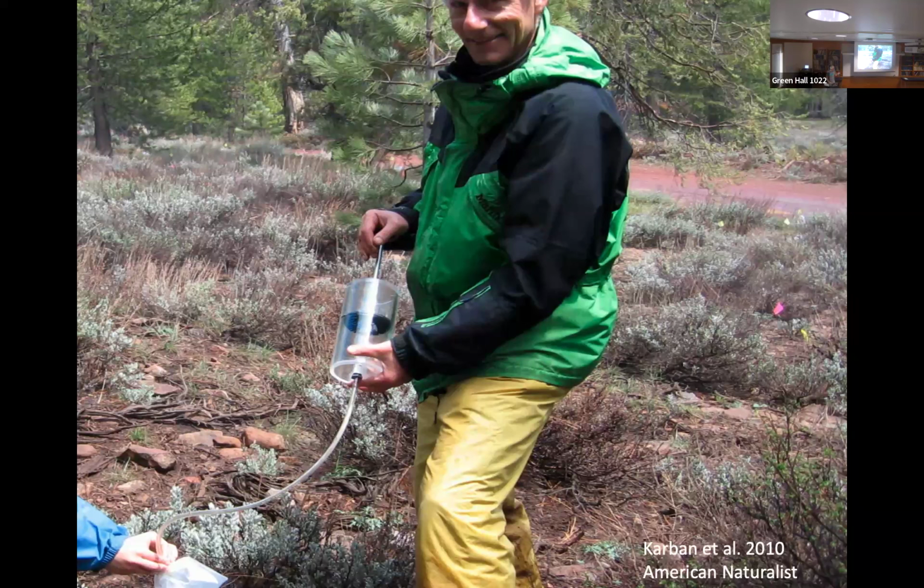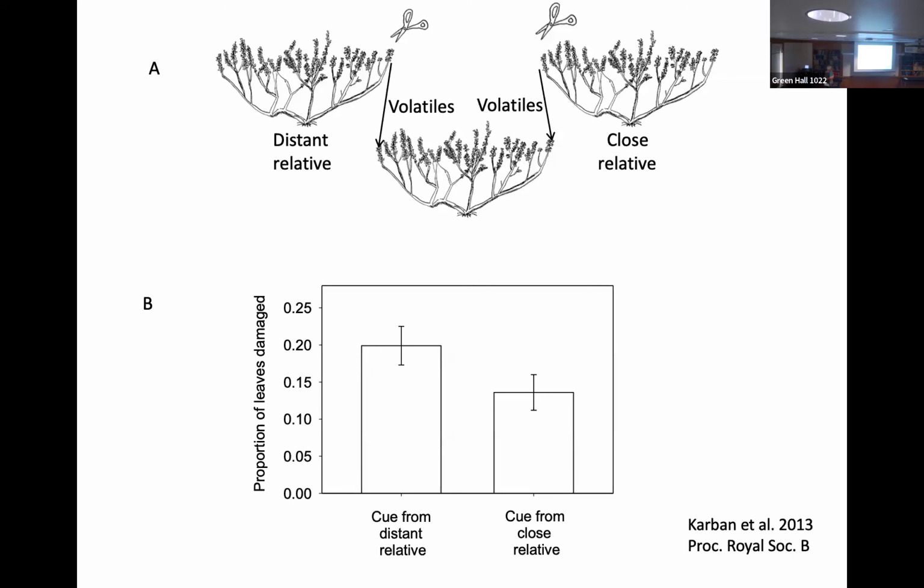And we did this in a lot of experiments that were just a little bit different, but what we consistently found was that when the cue came from a close relative, damage was reduced compared to when the cue came from essentially a stranger, a distant relative. Okay, so there appears to be a genetic component,